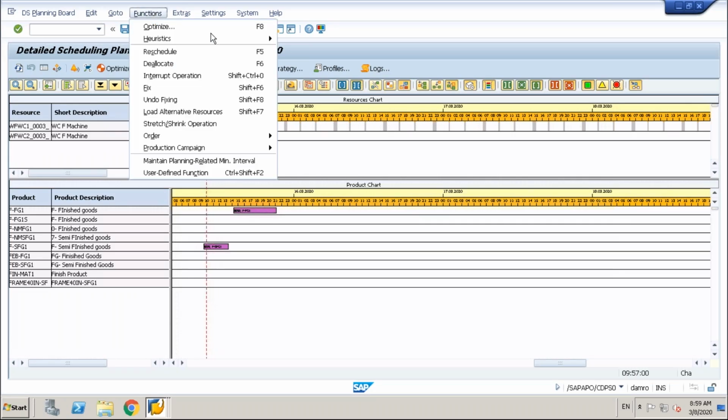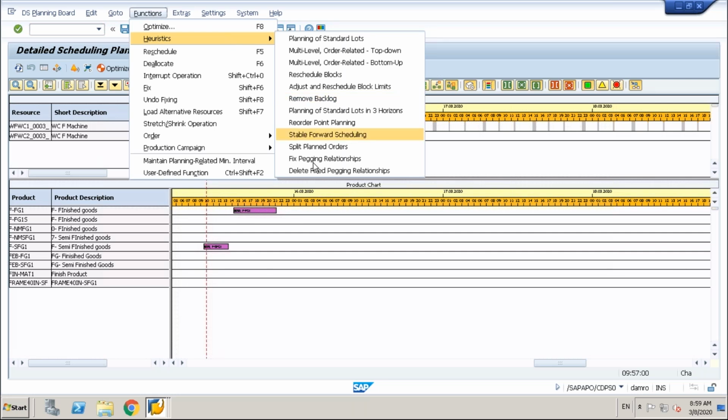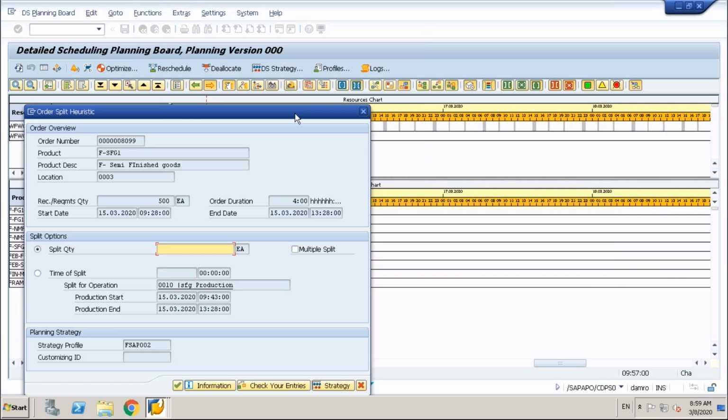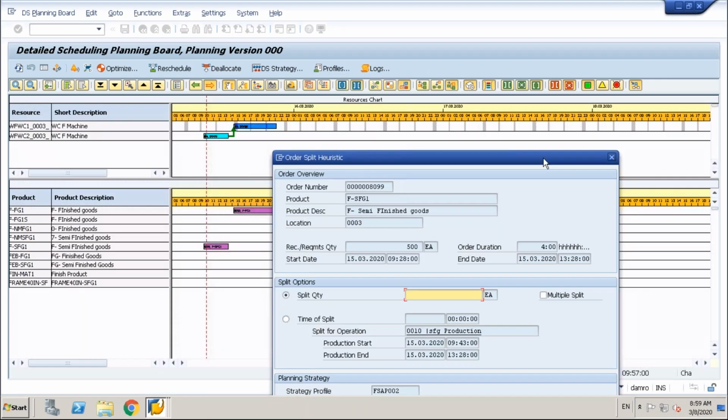My master data is totally stuffed. Here it's working. This finished products is something that someone has touched. Anyway, so